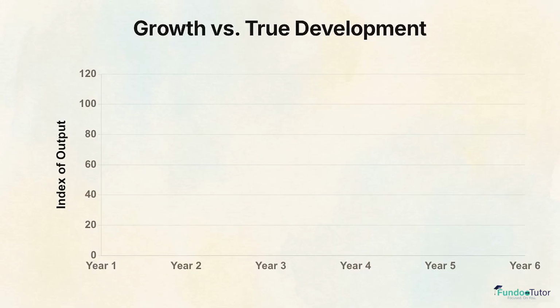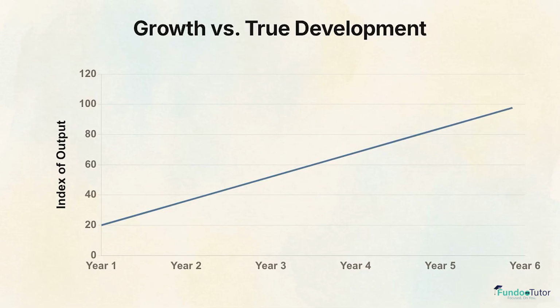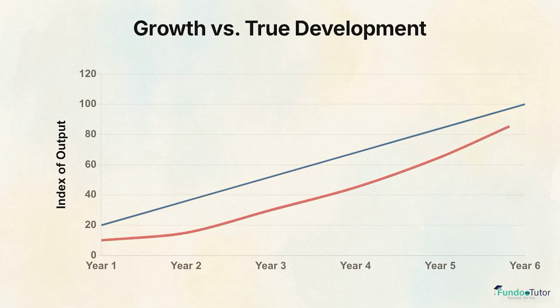This chart shows a standard upward trend, representing basic economic growth, where GDP simply increases. But do not fall into the trap of confusing this growth with our final concept, economic development. True development requires a measurable improvement in the standard of living and quality of life for the population. You need to see actual advancements in healthcare, education, and